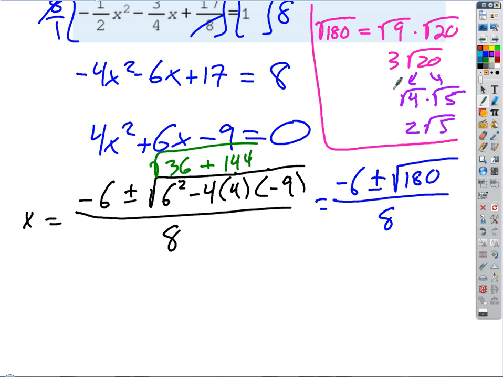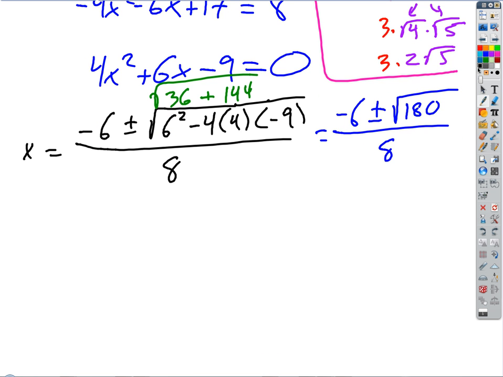But you can't forget that 3 that's out front. It's still there. So I've got 3 from my first perfect square, 2 from my second perfect square, and the 5 gets stuck inside. 3 times 2 is 6, so I get 6 radical 5 is what this reduces to, right? So we could then rewrite this as